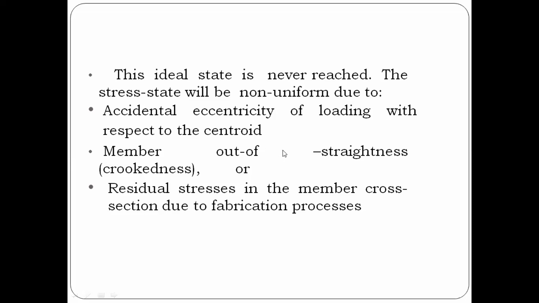Not only eccentric load, there is also member out-of-straightness, or crookedness. What do we mean? Let us take a prismatic section. What do we mean by a prismatic section? From one end to the other end, the section has the same cross-sectional area. When it was manufactured, or when it was shifted from one place to another during transportation or during erection, there is a small possibility of crookedness in the member. So it may lose its straightness. Because of losing its straightness also, there is a possibility of eccentric load which leads the member to buckle.